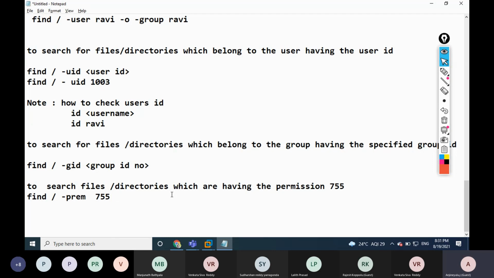Okay, and so just 5 or 10 minutes only class. It will be over, no problem. So to search for files and directories which are modified within 20 minutes.